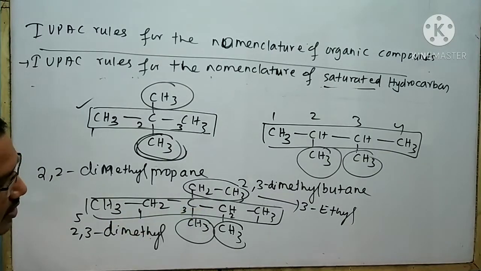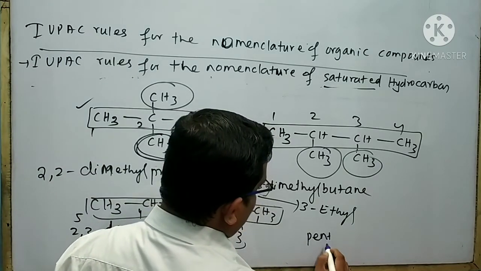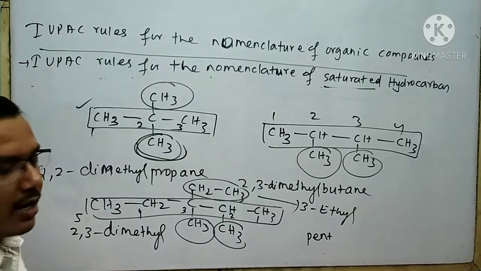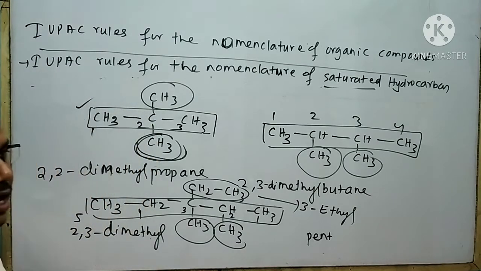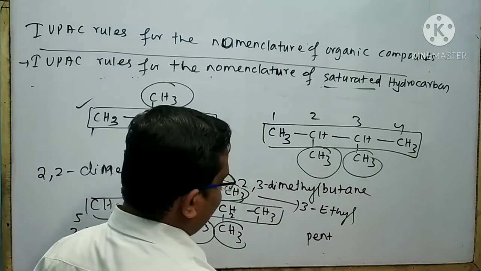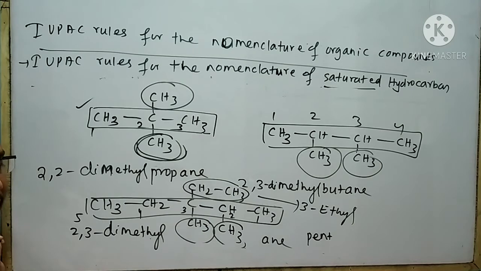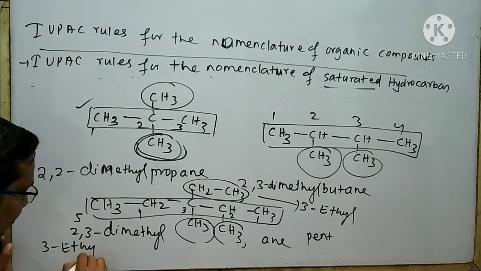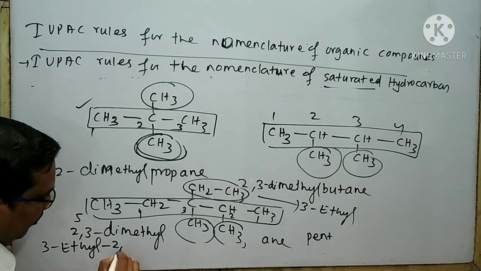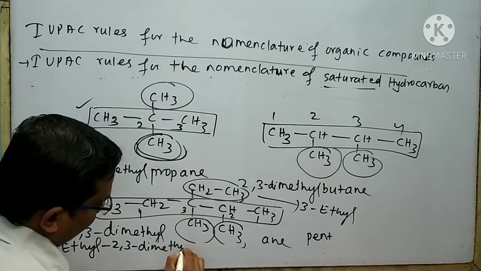The word root for this parent chain is pent. Look at that, all the carbon atoms present in the parent chain are linked with each other through single bonds, so I can use the primary suffix ane. Finally, I can write the name of this compound. The name of this compound is 3-ethyl-2,3-dimethyl